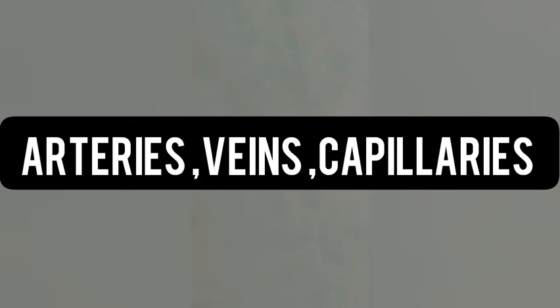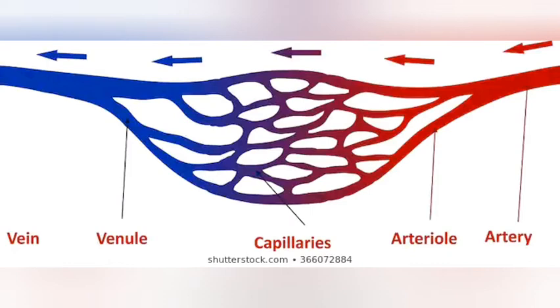Veins from the organs above the heart join the superior vena cava, and the veins from the organs below the heart join the inferior vena cava. Both the superior and inferior vena cava open into the right atrium. The artery walls are elastic and thick, so they can withstand the high pressure of the blood being pumped directly from the heart. Veins collect blood from the capillaries in the body organs and transport it to the heart.